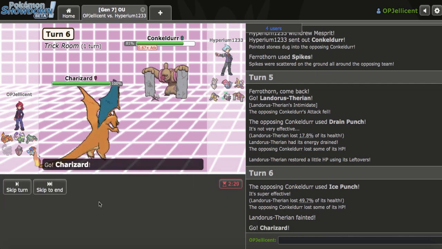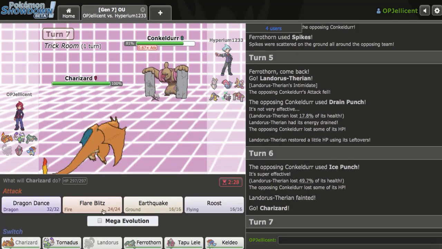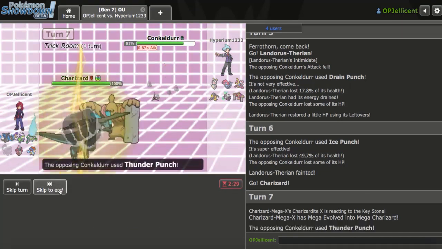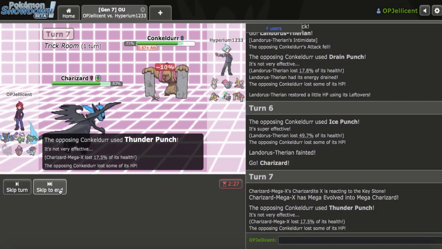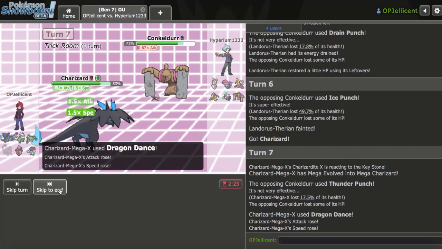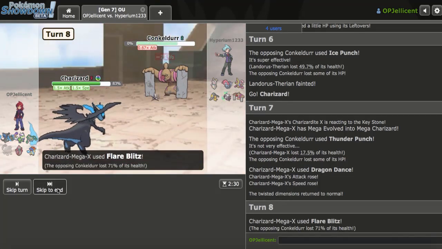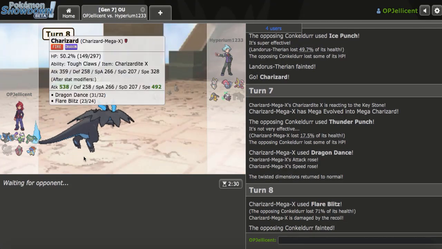Actually, wait a minute. I could actually see this being a very solid decision right here. Let's go ahead into this Pokemon and click Dragon Dance right here, because their Drain Punch is not going to be doing a ton. They go for a Para, and it doesn't appear as though they got it right there, so that's definitely good for me. I can actually just Flare Blitz here, knock it out, and give Zard X the first ever kill,